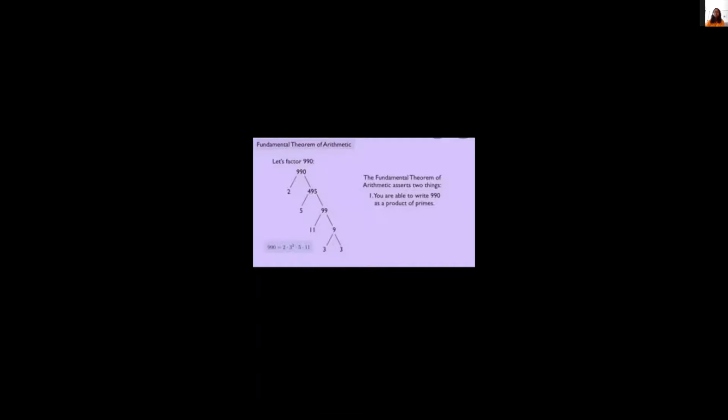Is there anyone who doesn't remember this? You can text in. All of you remember, right? I think just by looking at it, I'm sure all of you have understood, and it shouldn't be a problem. Is there anyone who doesn't remember the factor tree? Okay, so I think everybody is clear with that. So we'll start with the theorem now.